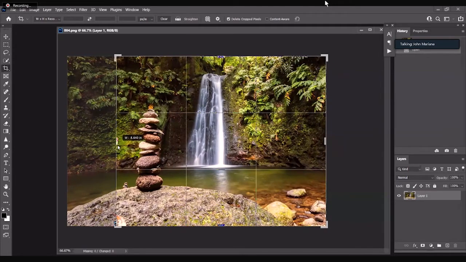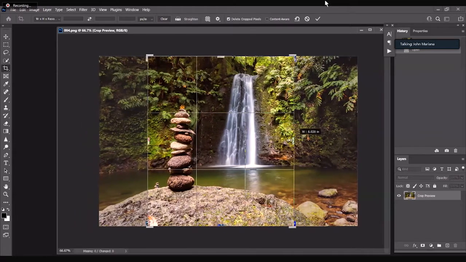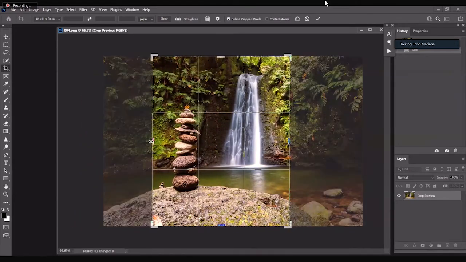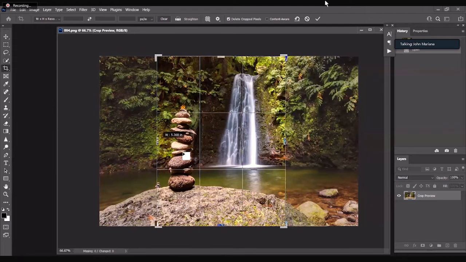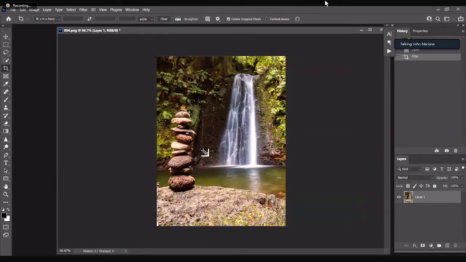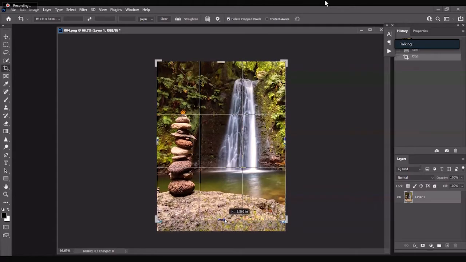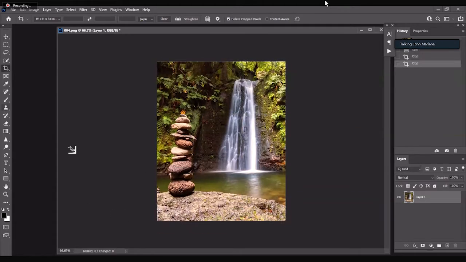Now, the stack of rocks is interesting. Does that really show the waterfall? No, but that's okay. I'll leave it in this one. But I wanted to show you, if we crop in, now you're showing me the waterfall and too much in the foreground. So I'll crop a little bit more off the bottom of the image, not leave enough for you to stand. And that's so bright that afterwards, just come in and darken that, good, dodge or burn on midtones